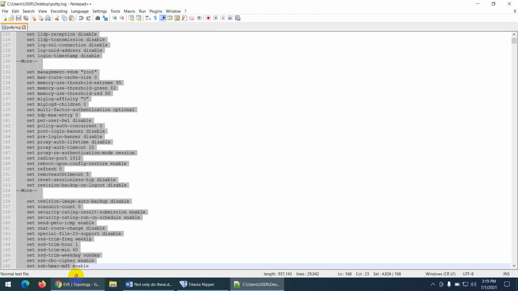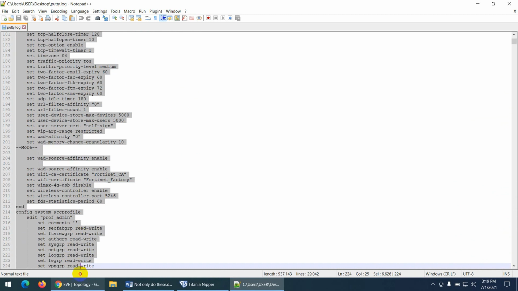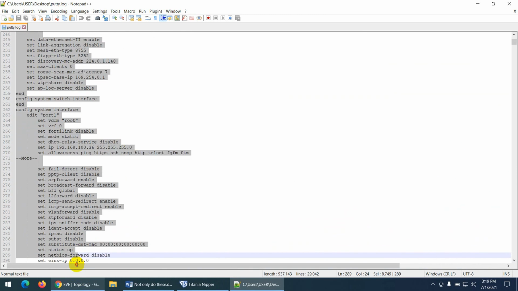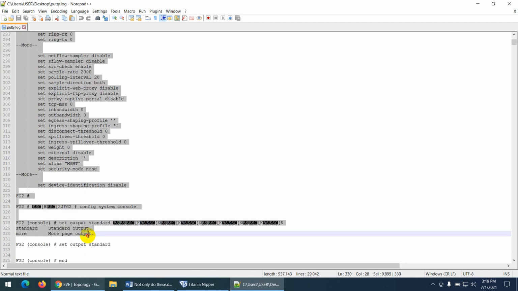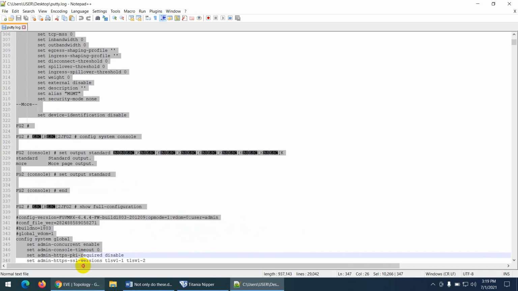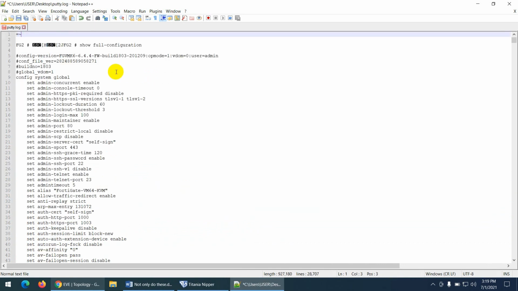You don't need to do it this way. The first time you need to change the output setting, but to show you, that's why I did this. Here I changed the command, and then it's standard, and after that I typed. So let's delete this one, and this is my full configuration. Let me delete this one as well.